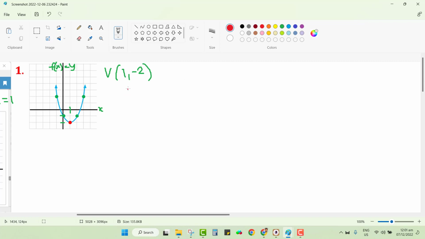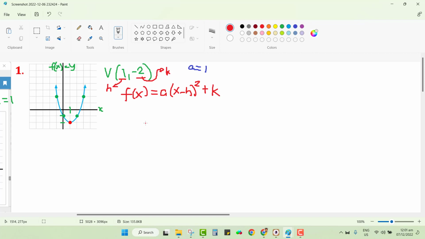Our vertex form is given as f of x is equal to a times the square of the binomial x minus h, and then you have here plus k. Again, h is your x coordinate. This is your h. This is also your k. And since again we treat a equals 1, the first step that we could do is to get the vertex